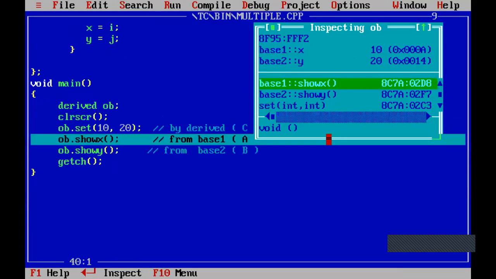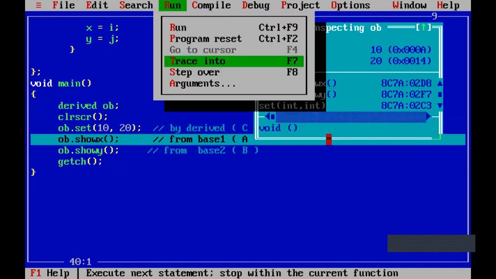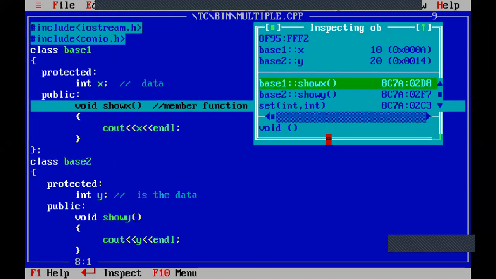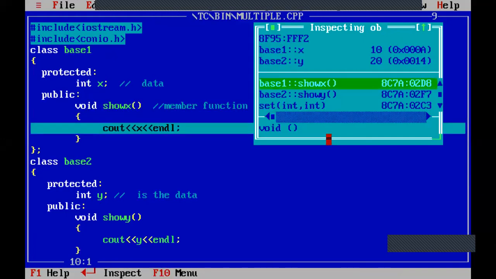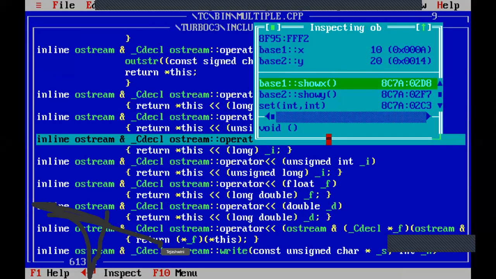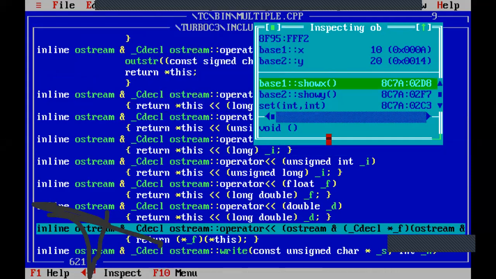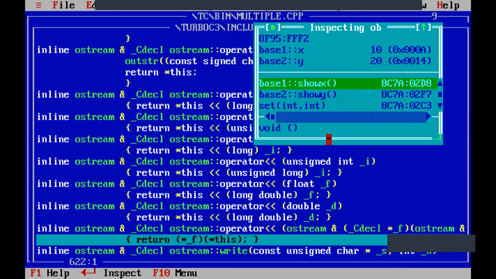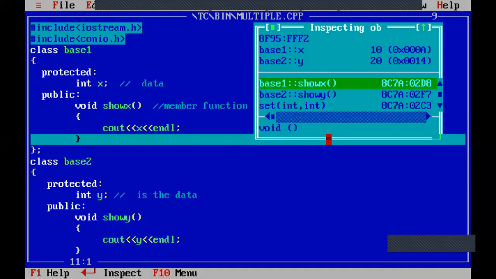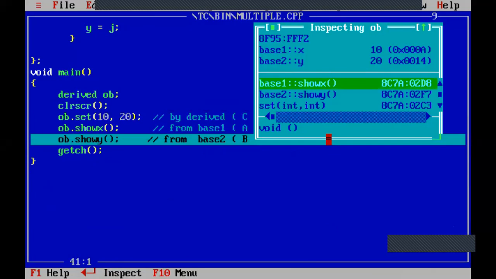Then coming to show x. Show x belongs to base 1 class, so the program control will move to the base 1 class. It is just displaying the values. Next, after completion of the show x function, program control will come back to the main function.